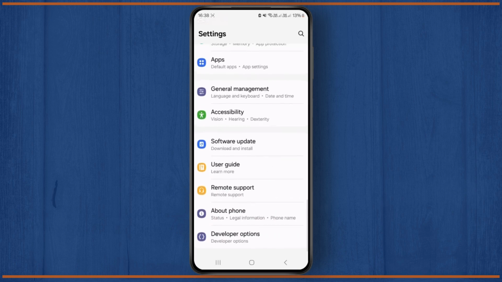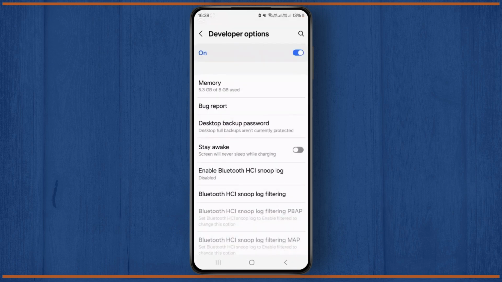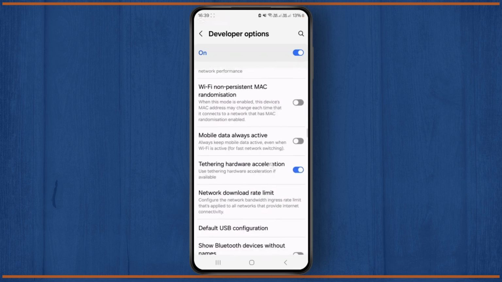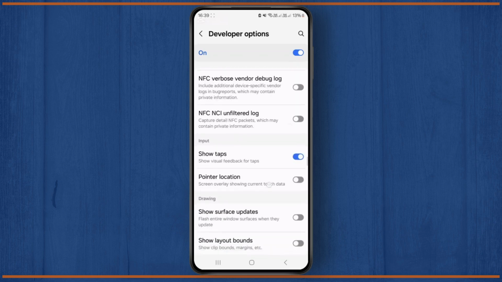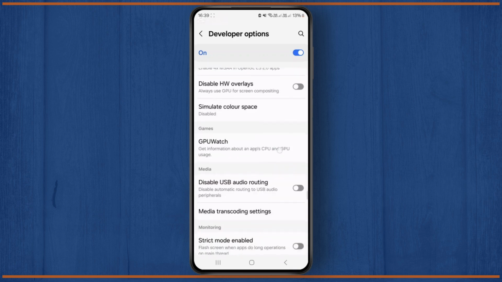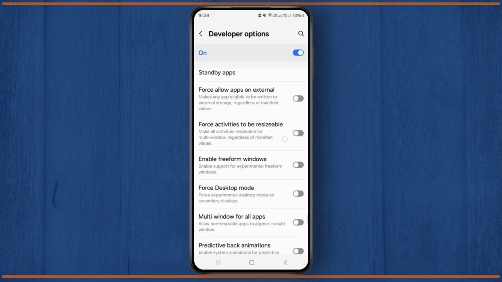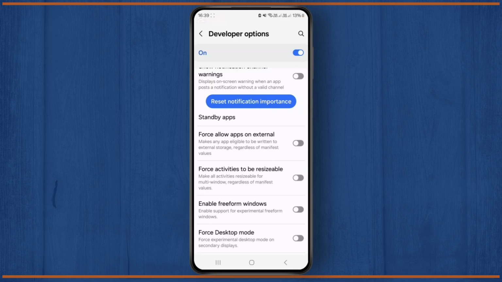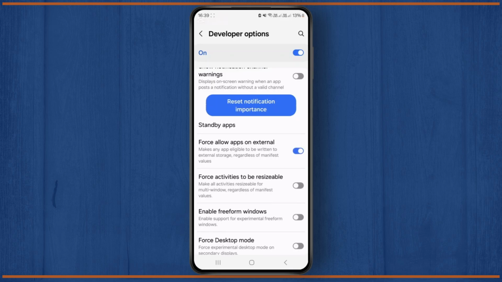the about phone option. So I will simply click on it, and once you're inside here, just scroll all the way down until you find this option, force allow apps on external, to write on external card. So let me just find that. As you can see, I've already found this option, so you just have to enable this option. What it basically does is it will allow your SD card to be used as an internal card. So if I download any apps from the Play Store, it might be installed in my external card just like